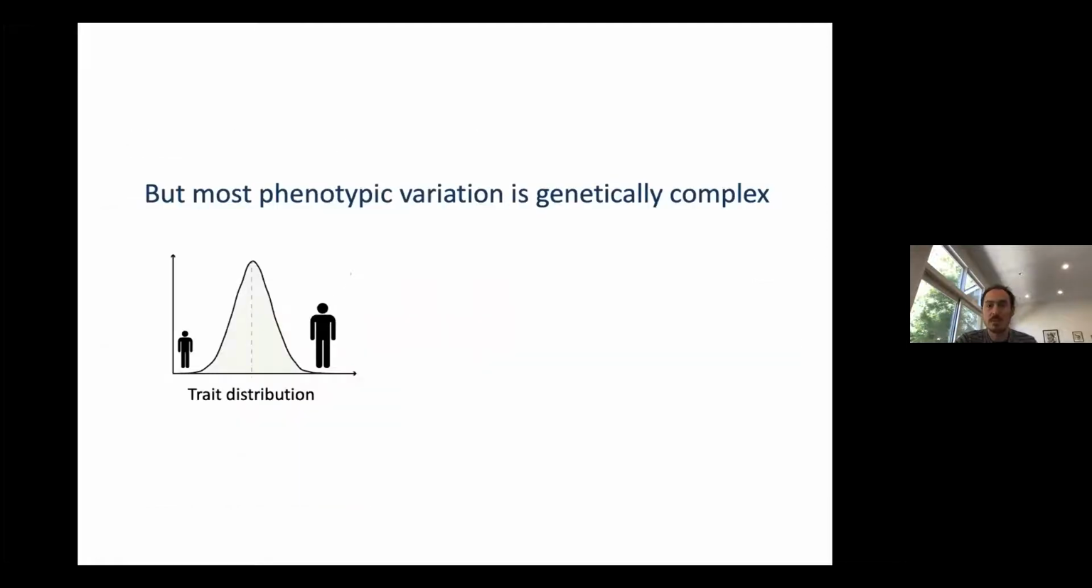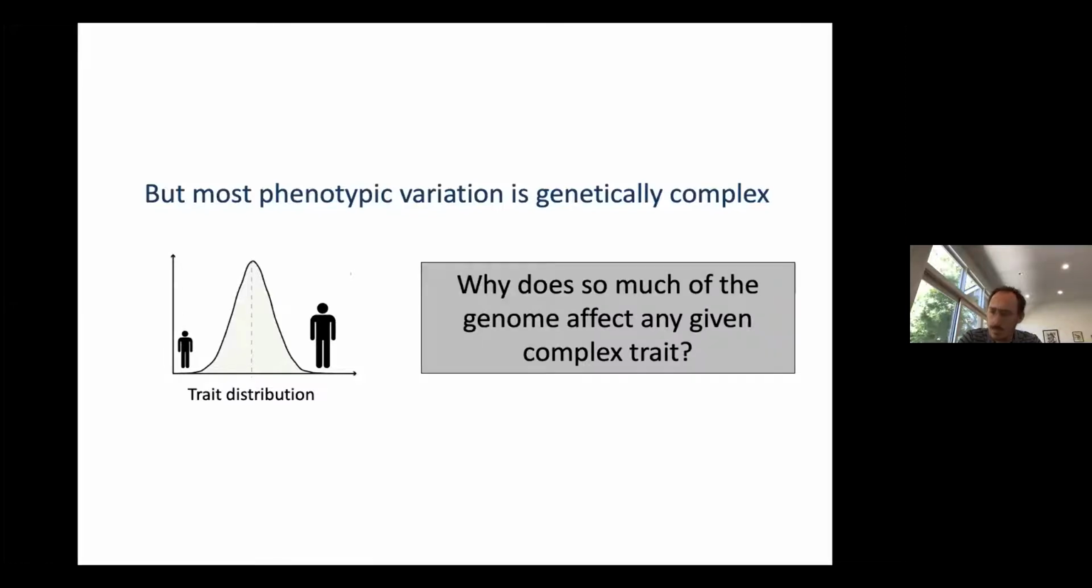Most phenotypic variation is highly complex, as we all know here in human genetics now. If you look around a room or think about all the people on the Zoom call, most of the ways that we differ one from another are enormously complex in the sense that they are driven by very large numbers of genetic variants. And so I think that this raises a fundamental question